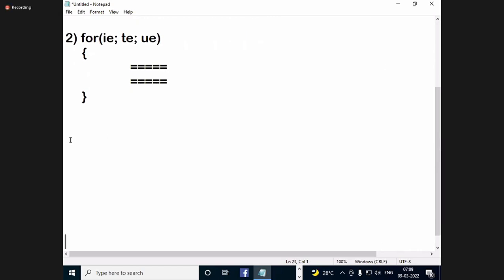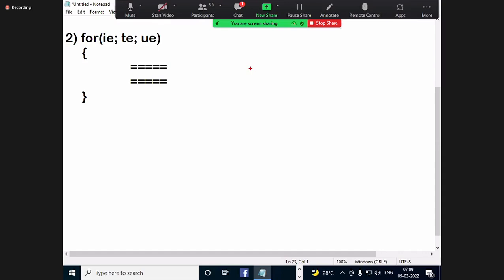First of all, the initialization expression is executed. After this, the test expression.